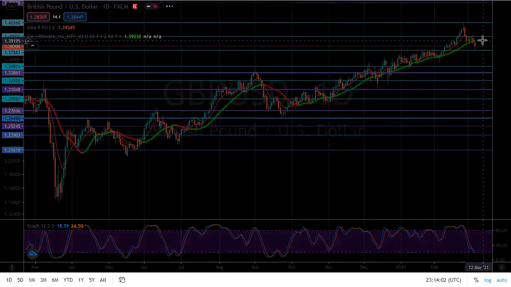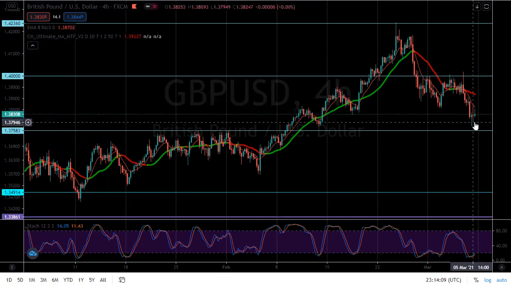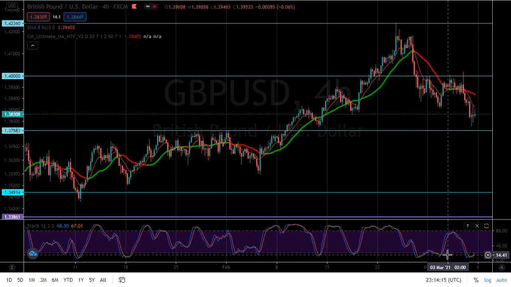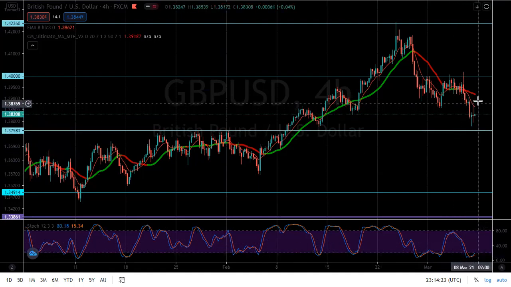Let's still look at the 4-hour time frame if we can get that. Okay, yep, the 4-hour time frame is giving us some bit of reversal patterns gradually here. We have bullish divergence on the stochastic here on the 4-hour time frame. So we might have that pullback into this area,